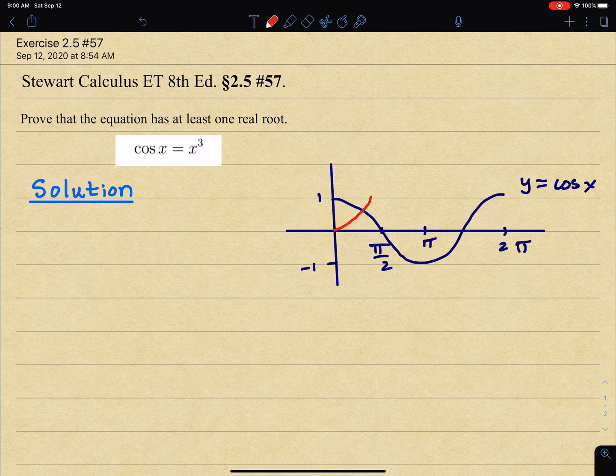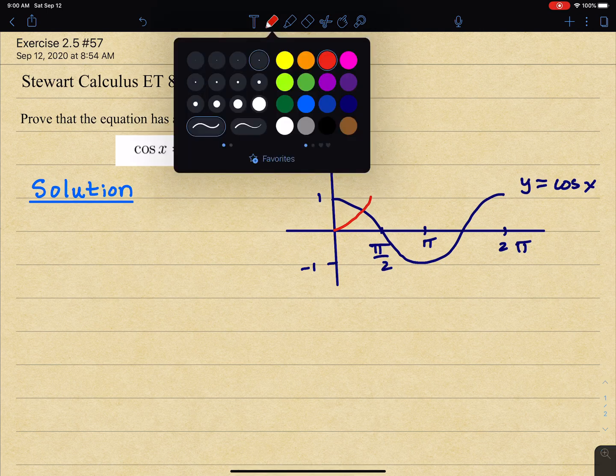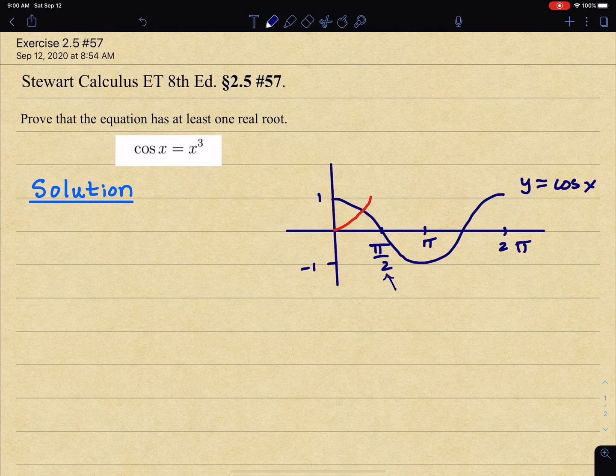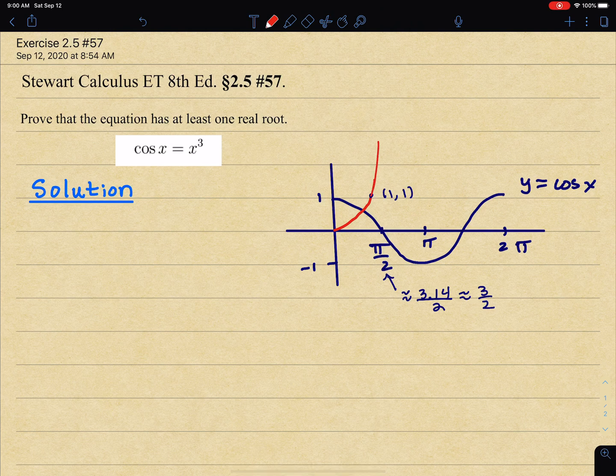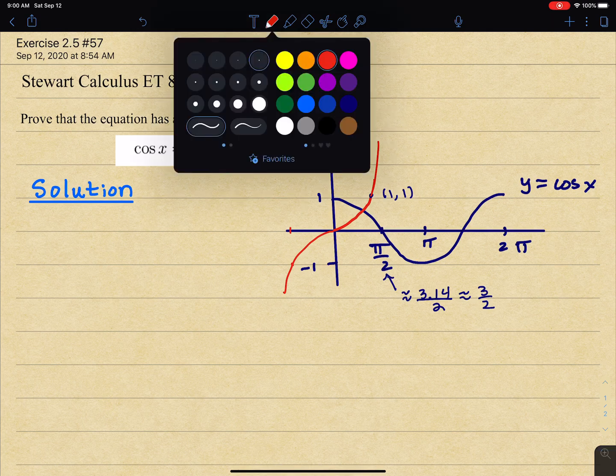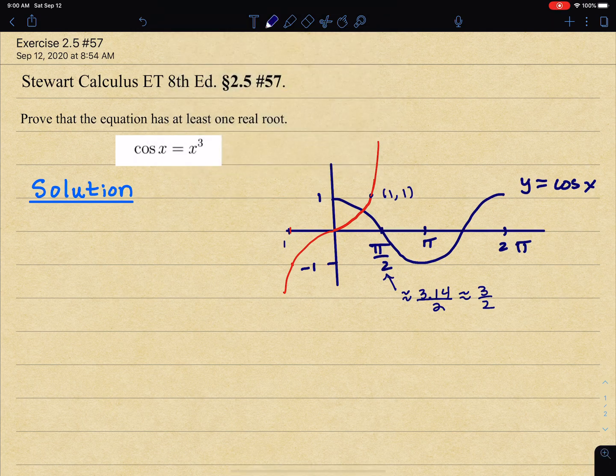Now keep in mind that pi over 2 is around 3.14 divided by 2, which is around 3/2. And we know that y equals x cubed, which I've drawn in red there, passes through the point (1,1), because it's easy to see that 1 to the third power is 1. So therefore,